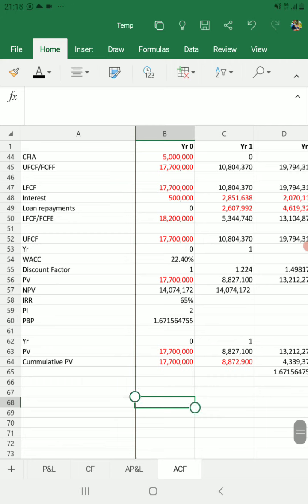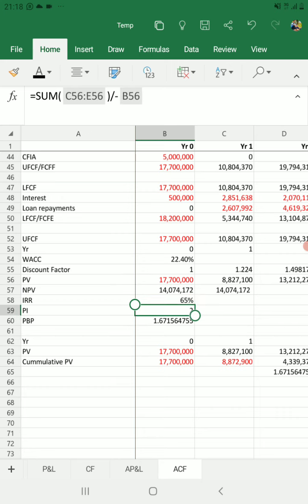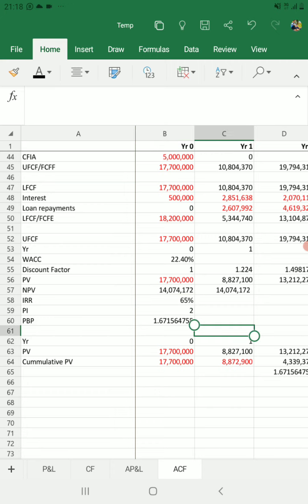Our weighted average cost of capital, that one. Our net present value, that one. Our IRR is that one. Payback period. So it's plausible. There was not much effect on the tax adjustments. Okay, so